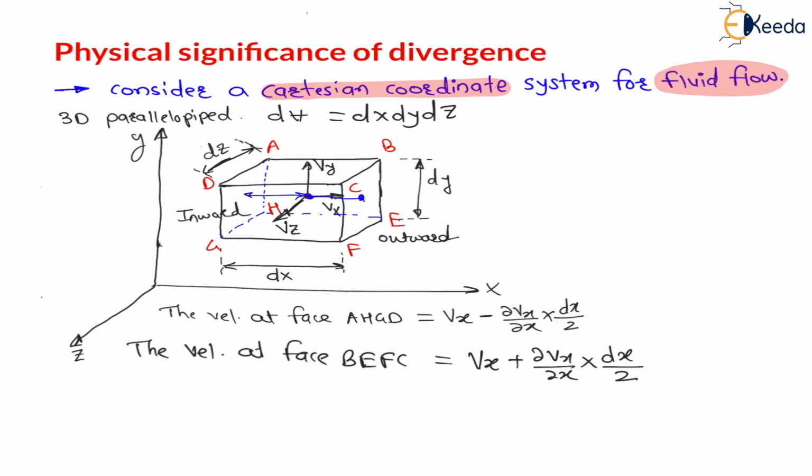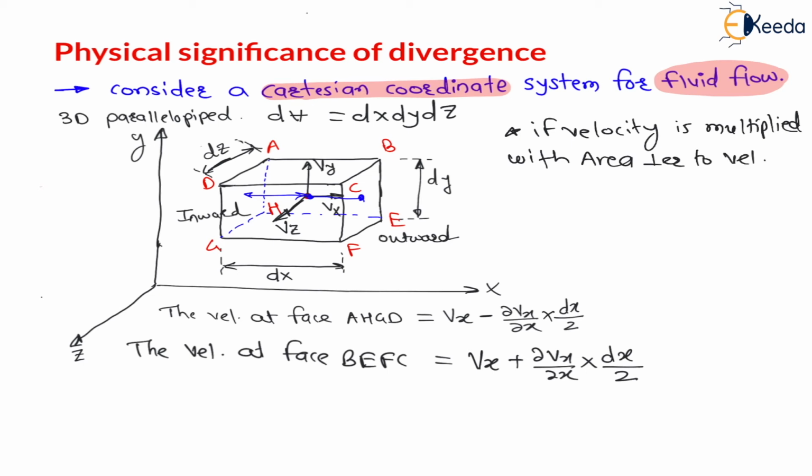Therefore, here I will write this statement. Write down with me. If velocity is multiplied with area perpendicular to velocity, then we will get volume per unit time, which is also called volume flow rate,